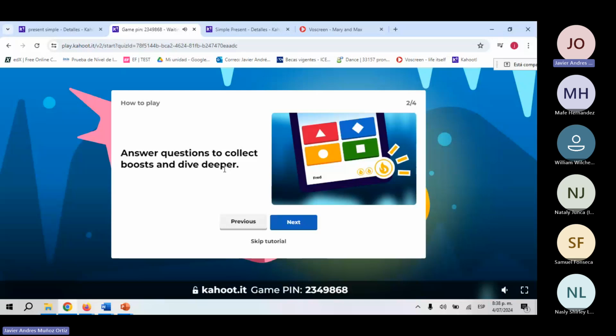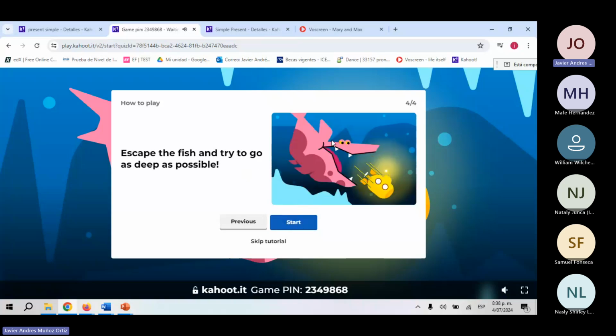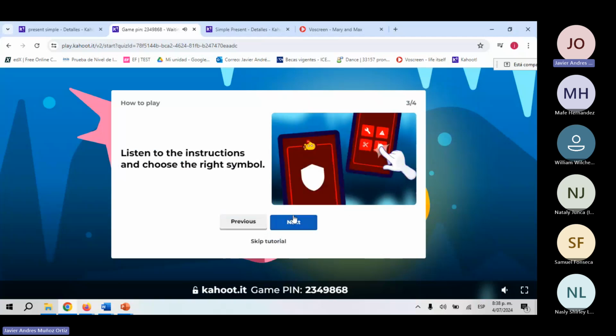books, this is not a safe journey because we need to pass some difficulties. And the difficulty is that there are monsters on the ocean. And this monster here, monster, whale, animal, whatever, is going to try to eat us. So we need to escape from the monster. And to do that, we need to answer correctly the questions we are going to see in our cell phones.